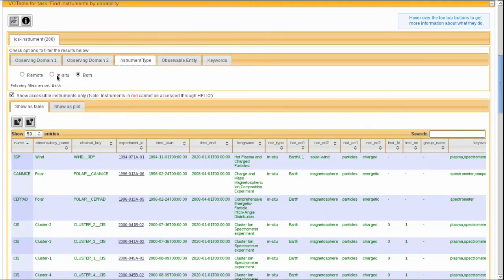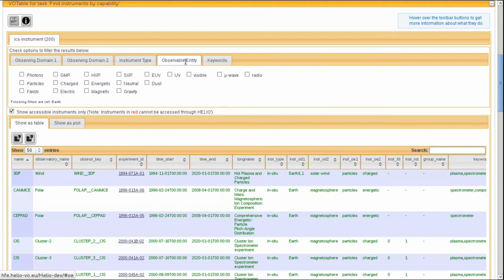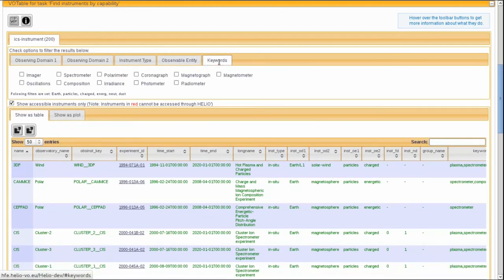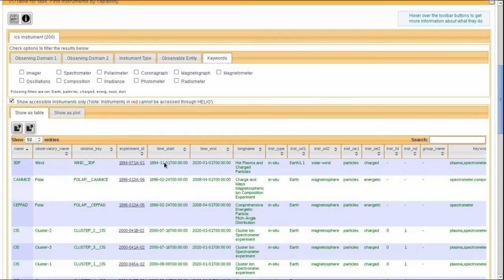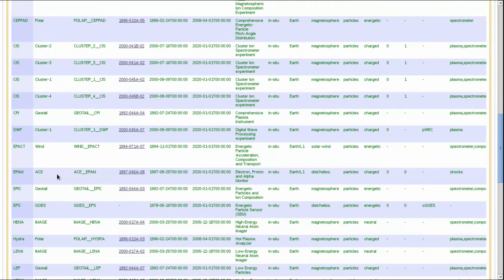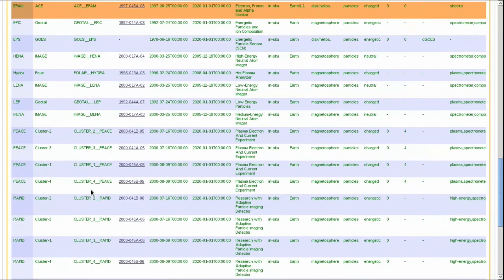So we want something that observed in situ. And we want, say, particles, select particles. So we just click here and we filter the list for ones that measured particles. We can start to search in here. We say, okay, we want ACE, EPAM, and for example,